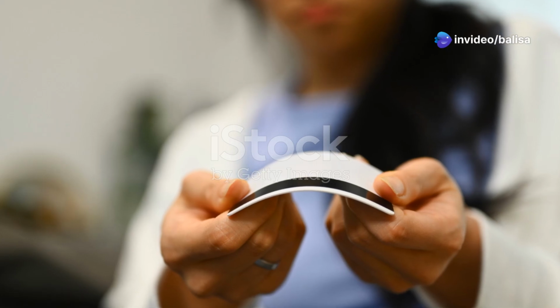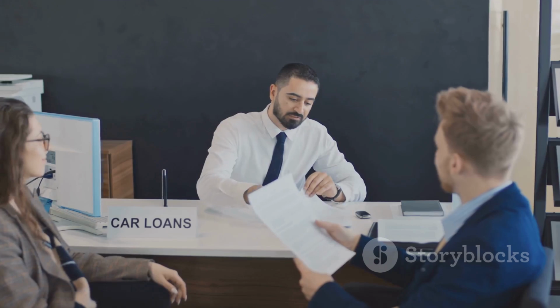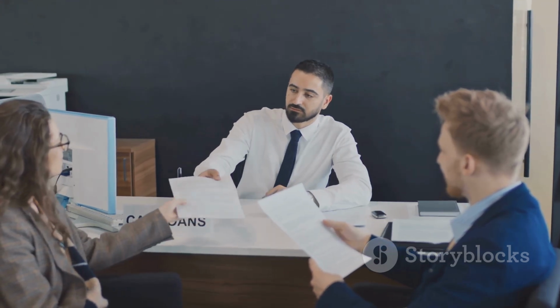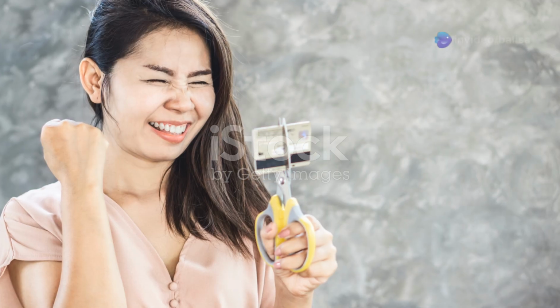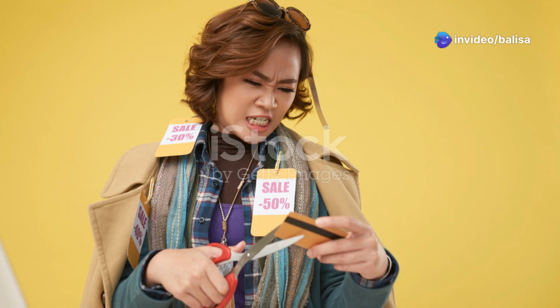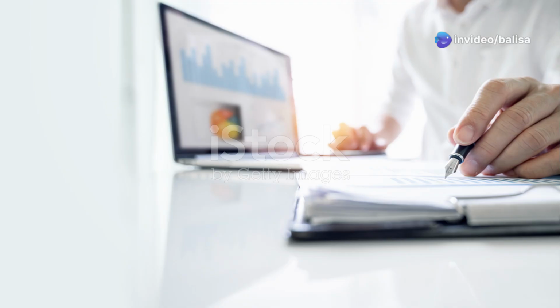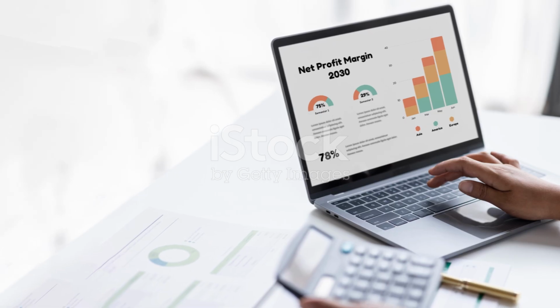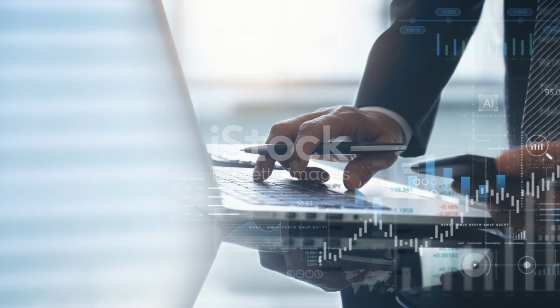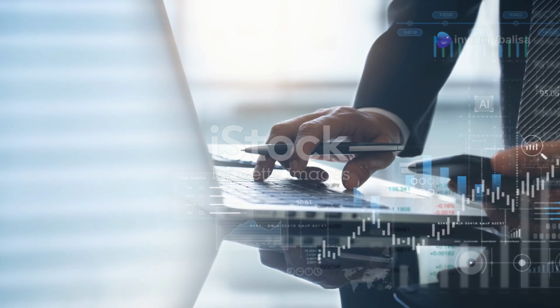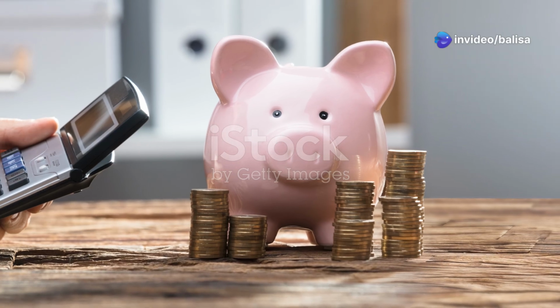But let's not forget about liabilities. These obligations, while sometimes necessary, can also hold you back from achieving your financial goals. The key is to manage them wisely, minimizing unnecessary debt and using strategic debt to your advantage. Now let's talk about a crucial concept: net worth. This is your financial report card, a snapshot of your financial health at any given moment. It's calculated by subtracting your total liabilities from your total assets.